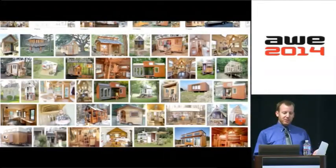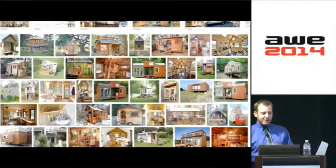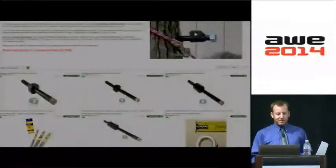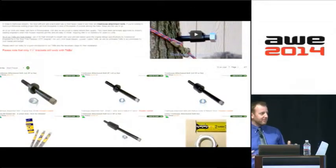One of them is just in general the tiny home movement. This is just a sample Google image search, and immediately you come up with all of these solutions for tiny homes, which happen to include tree houses. Basically, a tree house is just a sophisticated support structure in a tree that you can build a tiny home upon. And it's that structure in the trees that has also become very advanced,